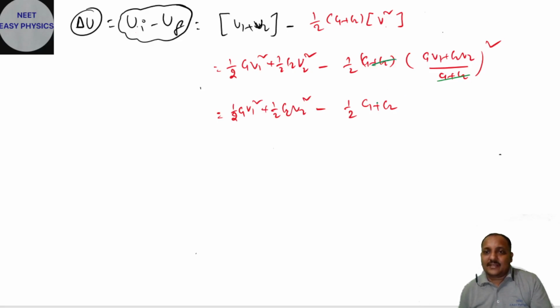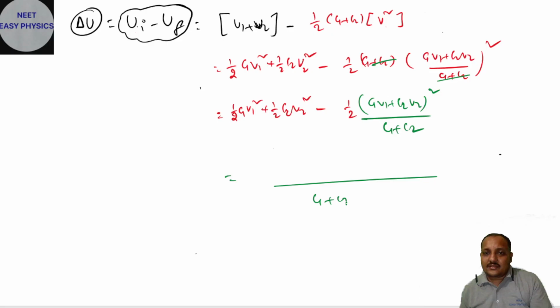Then what will be remaining here? So what will be remaining means (C1 V1 + C2 V2) whole square by (C1 + C2). Now take LCM C1 plus C2. Now see here, half C1 V1 square into (C1 + C2)